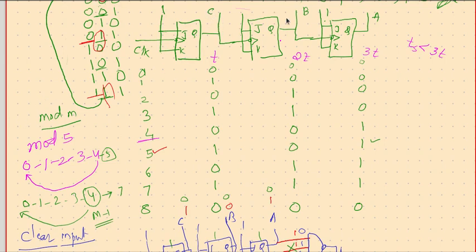instead of reading A, B, C, why not read A bar, B bar, and C bar? So this says 000, then this says 111, this says 001, this says 110, this says 010, this says 101, this says 011, this says 100. Yeah, if this is going up, this is going down.